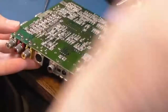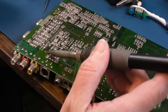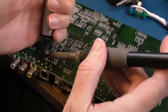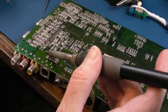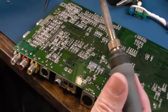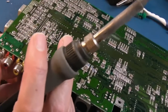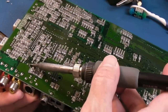Yeah, so let's just get that off. Yeah, so it's these 2 solder points here, isn't it? Might be one of these where I need to pull it through, to be honest, because the tip is tiny, and mind you, it looks like the solder's removed there. Most of it has. Yeah, it's going to be easier just to pull it and then block the holes, I think. So if we just heat,